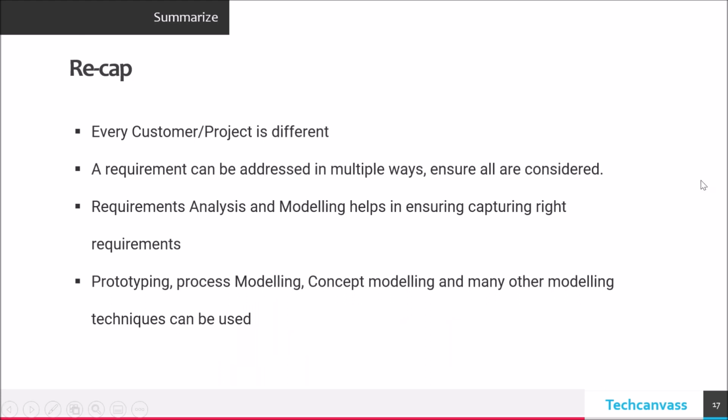Okay, so a recap. Every customer and project is different, even though the theme of the requirement is the same. Very evident, all of you are customers of different banks. I use bank A, all of you might be using some other banks. And if you happen to be using two banks, you will see that the way the same thing is implemented is very different. Look at Amazon, look at any other e-commerce website. They're all different in the way they do the same thing,